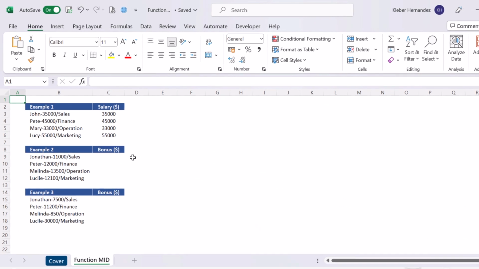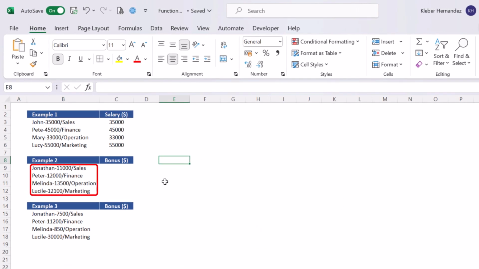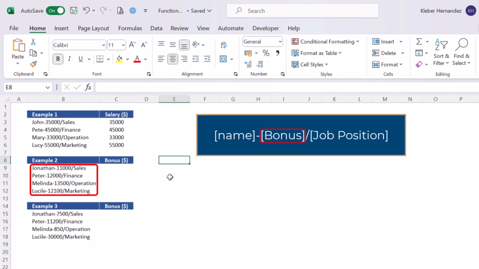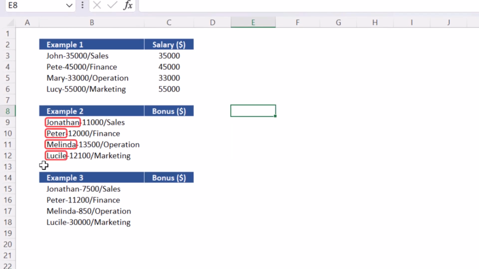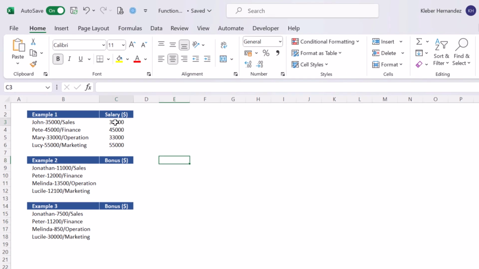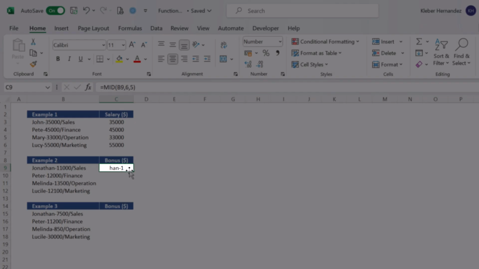In example 2, we have another set of text strings with a name, a bonus figure, and a job position. Right off the bat, you can see that the names have different lengths. So if we copy the function mid from example 1 to cell C9, we realize that it won't extract the